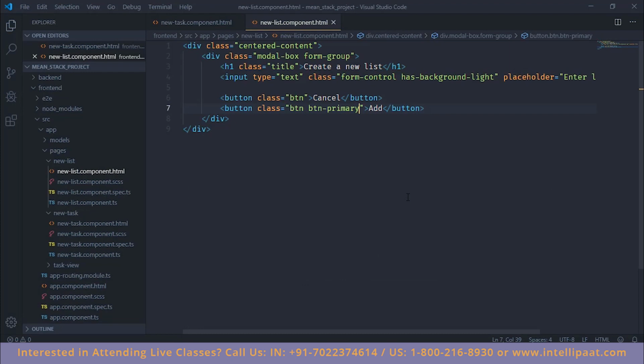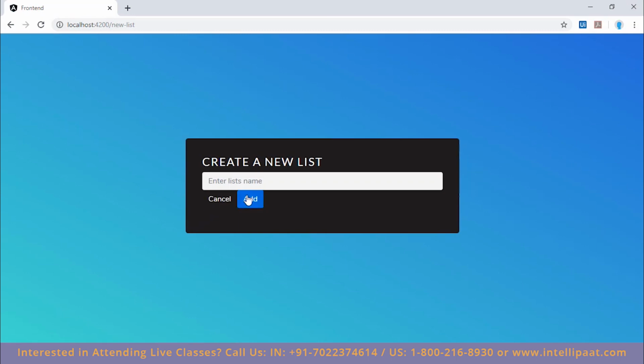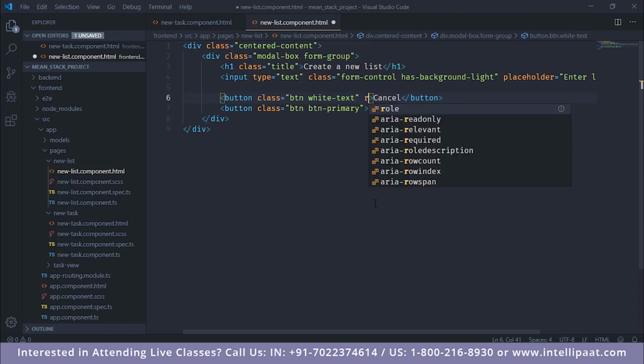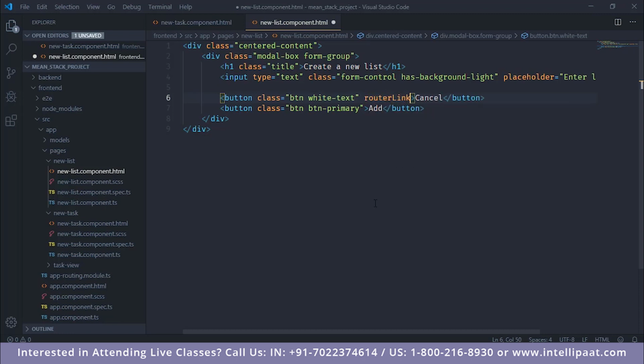What can we do? What the cancel button has, I think there's a white text color that I had added. Yeah, so cancel, add. So it's looking okay. So now we need to add the functionality. When we click the cancel button, we want the user to be redirected back to the home page. And here, when the user clicks on add, we want to call the add